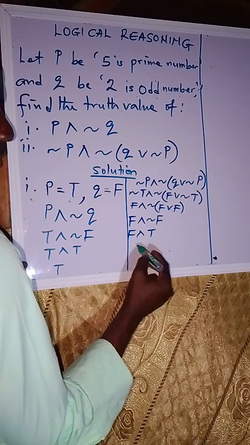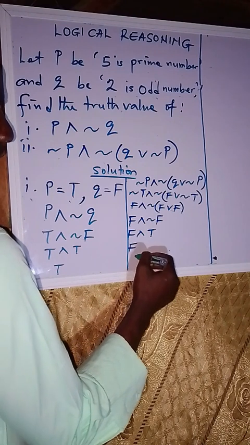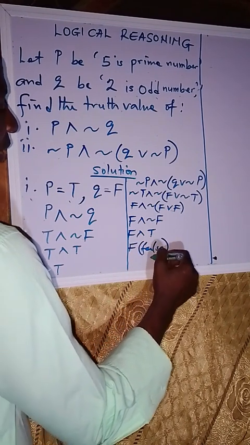And that gives you what? False and true give you what? False. So that is the answer. We have false. So the answer is